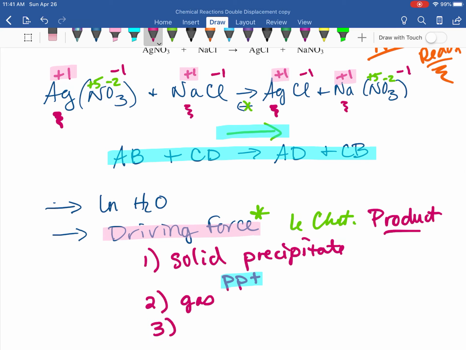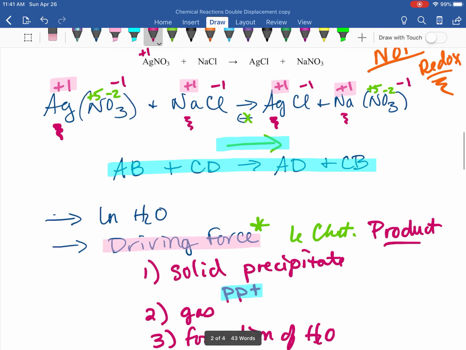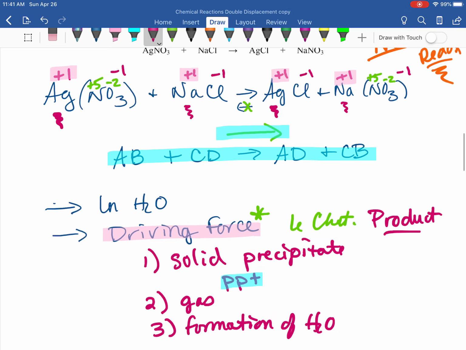You are bubbling out one of your products. And of course, that's the same as your precipitate, just the other direction. You are bubbling out of solution instead of falling out of solution. And then number 3 is a little bit trickier to see. That we're going to save for our next video, and that is the formation